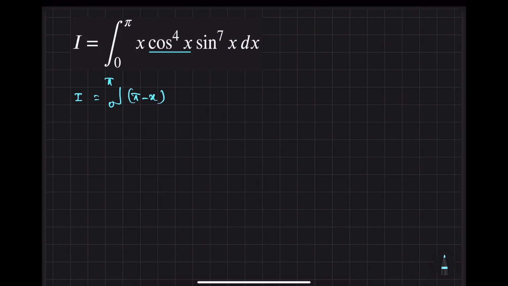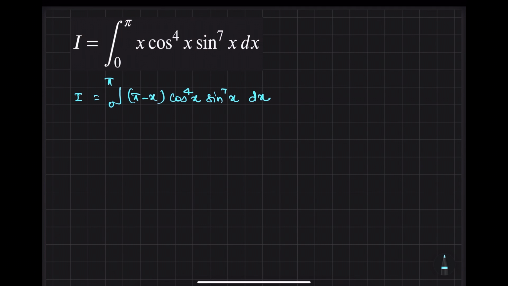Cos of pi minus x is minus of cos x, but you are handling power 4, so that minus will become plus. So this will be converted into cos power 4x, and then sine of pi minus x is sine x only, so we have sine power